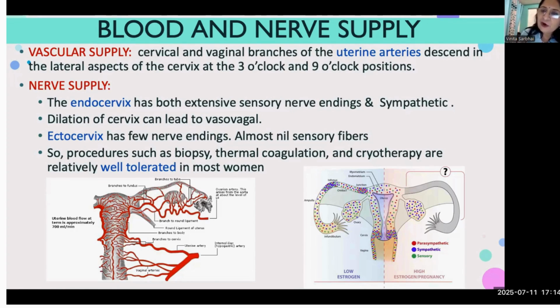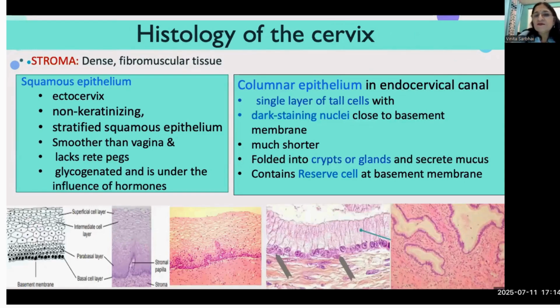So when we perform cervical biopsy or hold it with the help of a vulsellum or do thermal coagulation, cryotherapy, these are very well tolerated because there are hardly any sensory fibers to that area. Coming to the histology, our main crux of colposcopy is by doing the pap smear as well as the biopsy. So it's the histology which comes into our way, and we must understand all the terminologies used in the